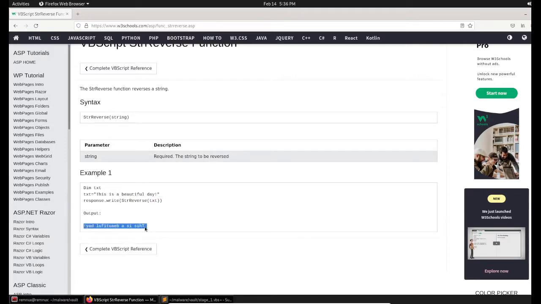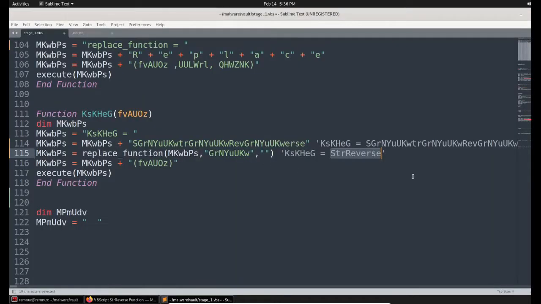The output is they simply reverse the string. So that is the operation here. They are simply reversing that string. And if you see this, now it performs some string reverse operation. And this is the value at the end of this sentence, that mkwbps carry. And at the end of this sentence, this will be appended with this bracket enclosed string. Now this is the value being held by this variable, and when it executes, it performs the string reverse operation.